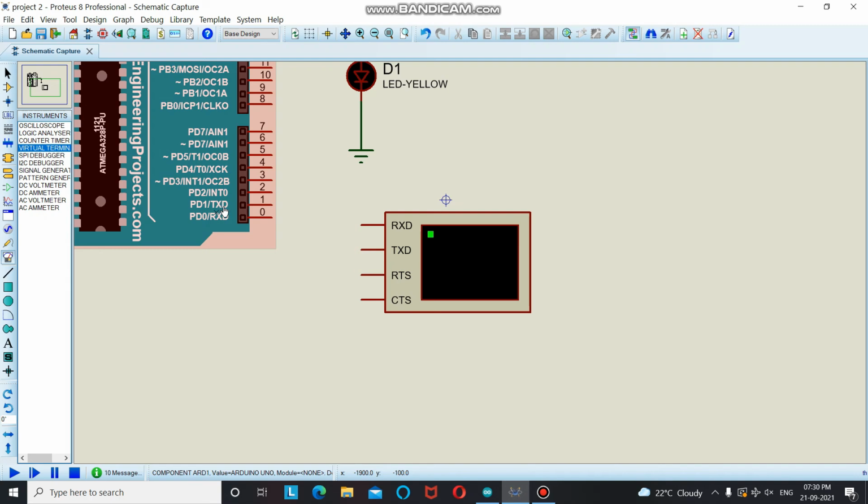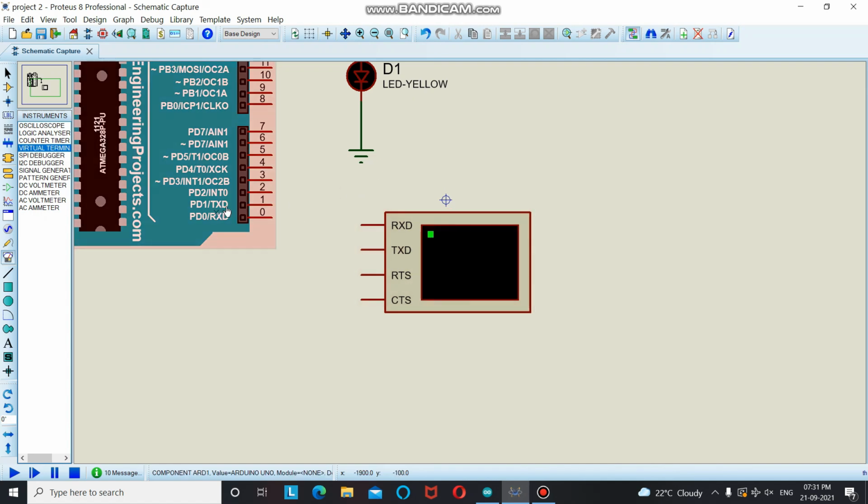And here are the two pins, TXD. This is a pin to transmit the data from the microcontroller to the serial monitor or to the external device, and RXD is used to receive the data. Since this is a channel between the user and the microcontroller for communication, everything you write here is transferred to this microcontroller, and the output must be transferred from this microcontroller through this channel.